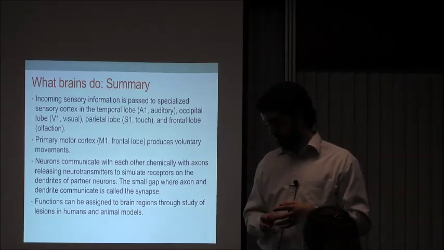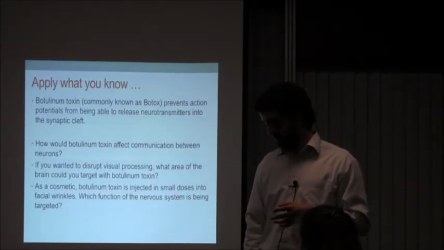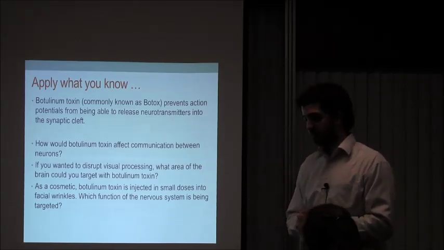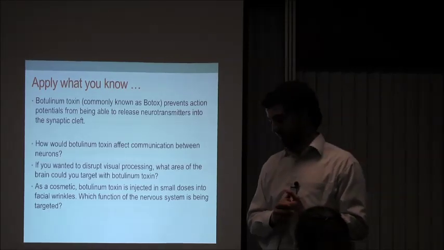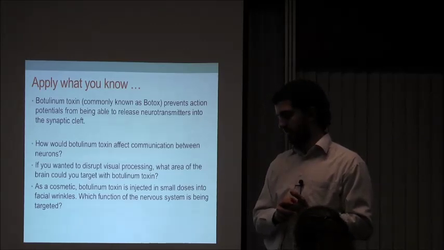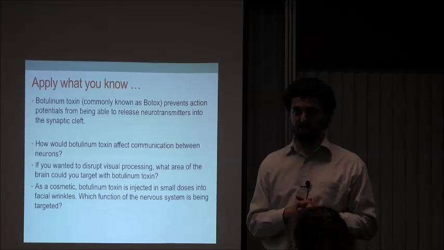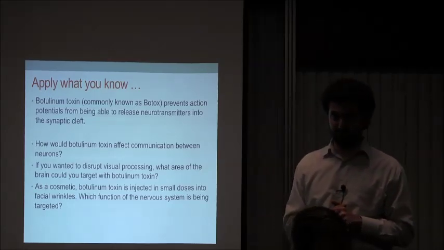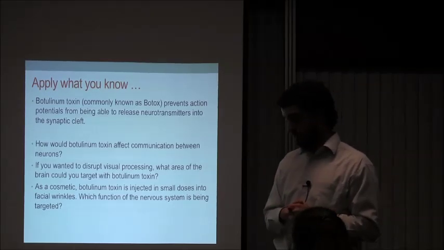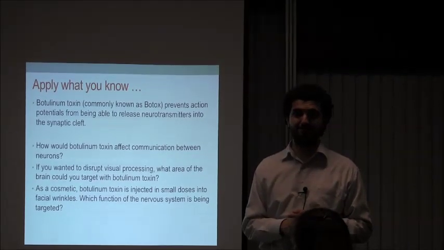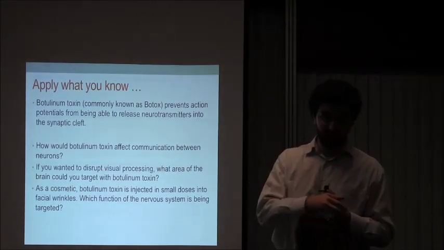Okay. Let's apply what we know, and then we will get a break. So botulinum toxin, commonly known as Botox, prevents action potentials from being able to release neurotransmitters into the synaptic cleft of neuromuscular junctions. How would botulinum toxin affect communication between neurons? I mean, there would be no